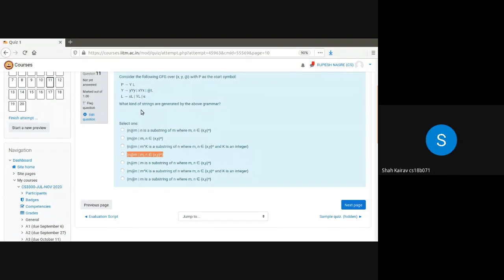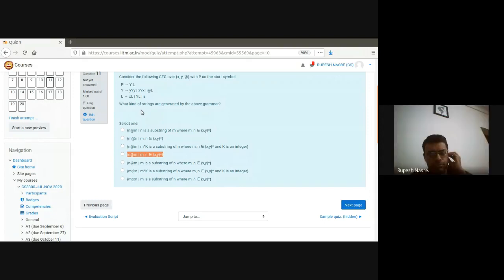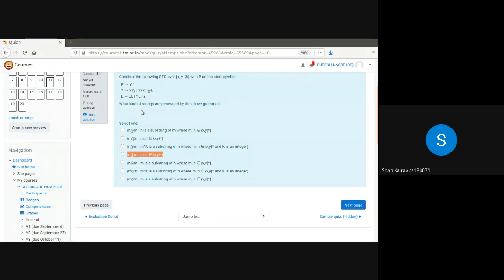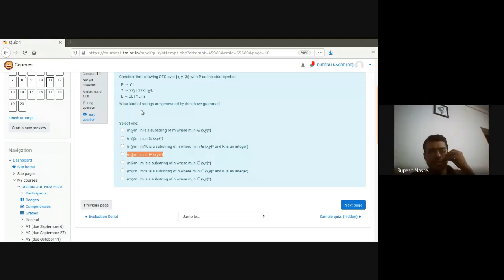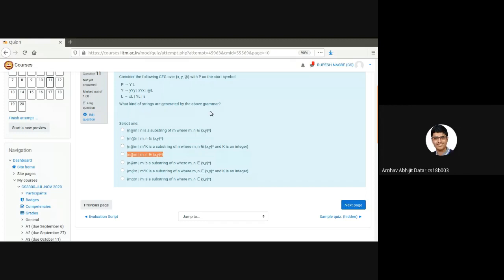Yes, sir, because it generates in the reverse order, right? Like x, y, x, and y, y, y. So what you'll get on the left, you'll get the reverse of it on the right. Sir, if you think k as -1, it works kind of. That was the only sensible option actually. K as -1. Yeah, -1 is kind of reversing, right?